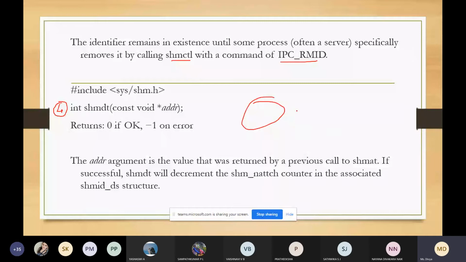If you want to delete the memory segment, we can go for this function. For that, we have to pass the address of this memory segment, the pointer which is pointing to the address of this memory segment. This address is a value that was returned by the previous call to shmat.